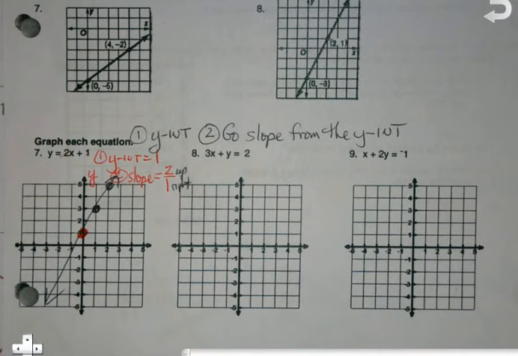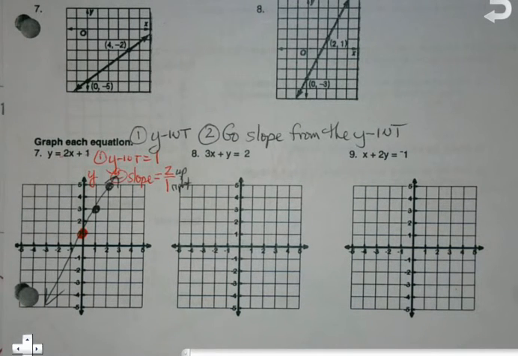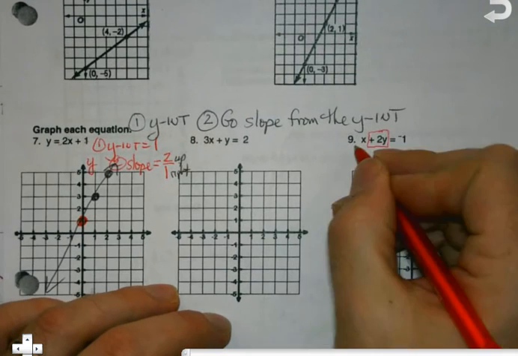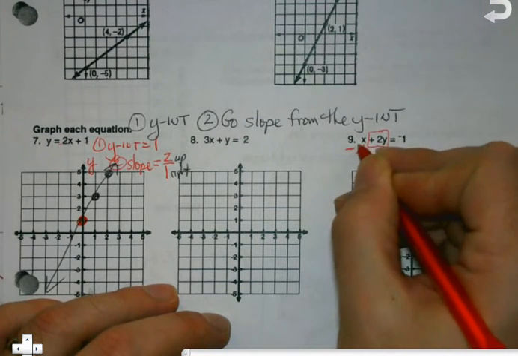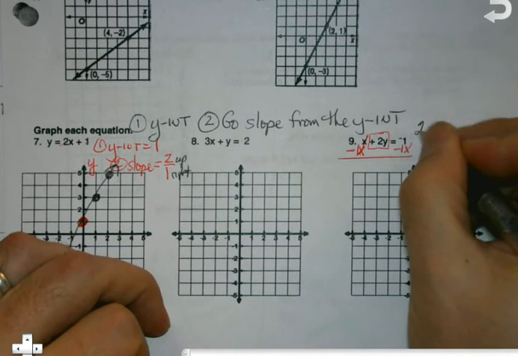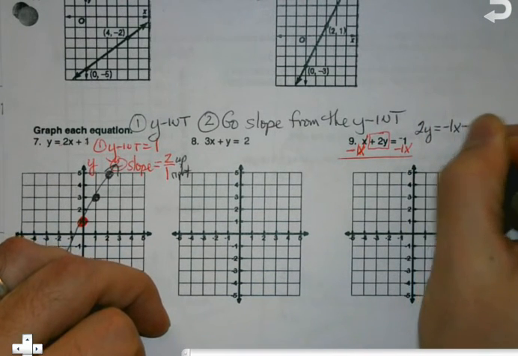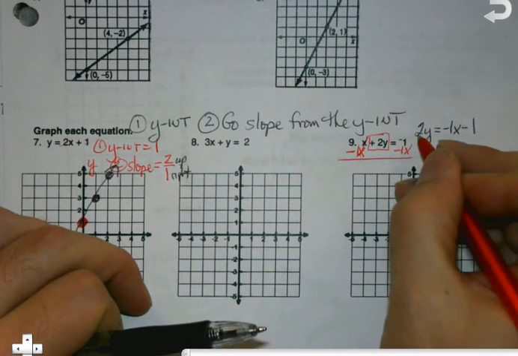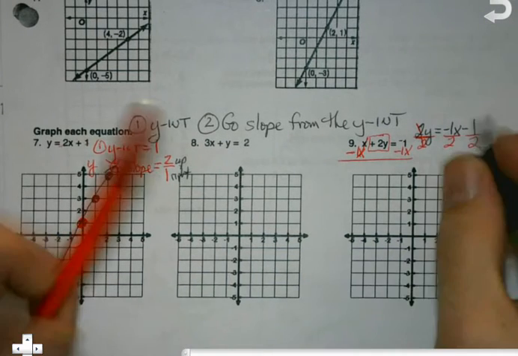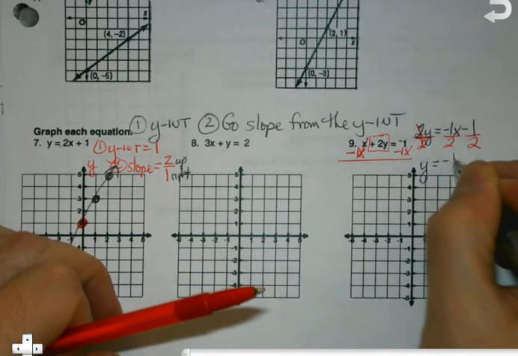But to be able to do this, I have to have y on a side by itself. So for instance, hey, Allie asked about number 9. My first job in number 9, before I can do my stuff, yeah, I've got to get this y alone. That's right. I've got to subtract the 1x from both sides. So when I do that, that's 2y equals negative 1x minus 1. And then right, I got to divide by 2 to get the y by itself. So when I finally